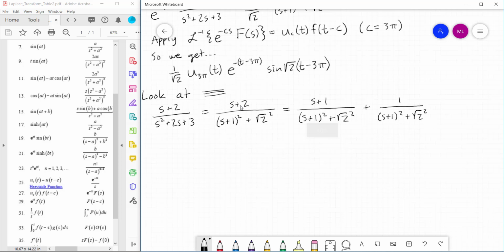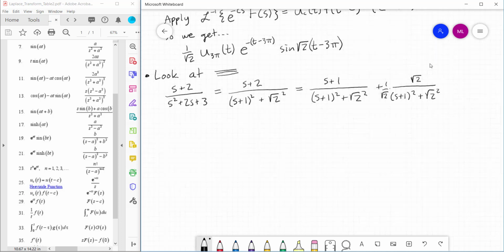Okay, long story short, I've accounted for the plus 2 by splitting it into a plus 1 plus another 1. This piece is ready to transform. This one, I need to do the same trick we just did a minute ago. I'm going to write this as a root 2, and then write a 1 over root 2 out in front of everything to account for that. And now those are both ready to inverse transform, so we're going to apply our inverse Laplace transform, and we're going to get